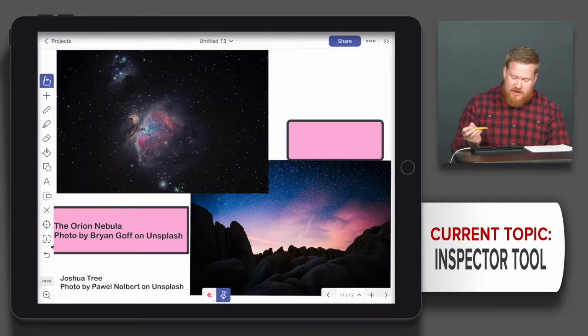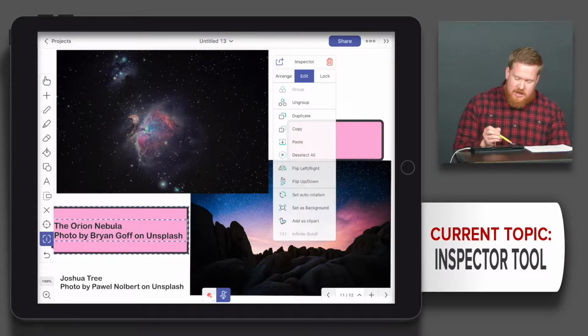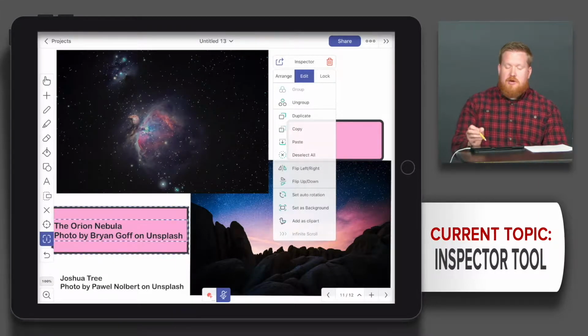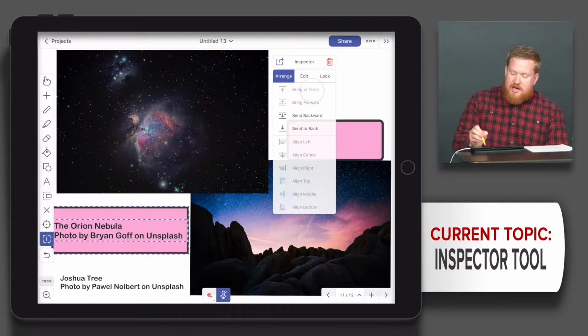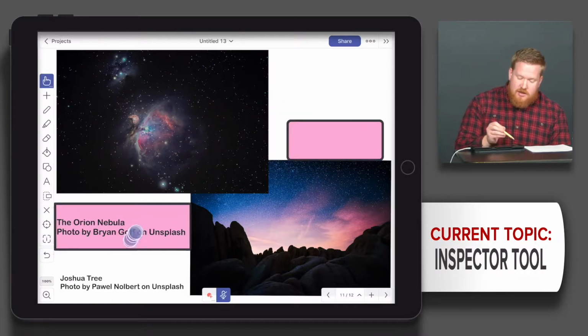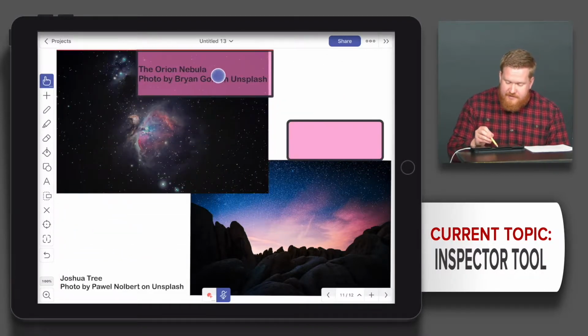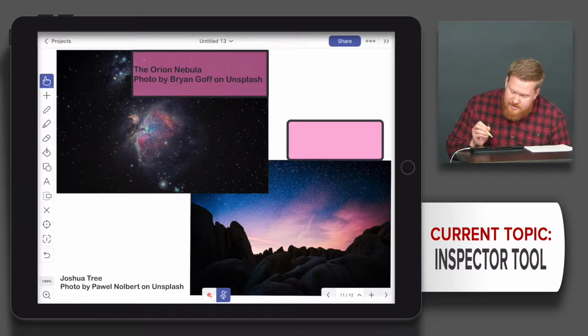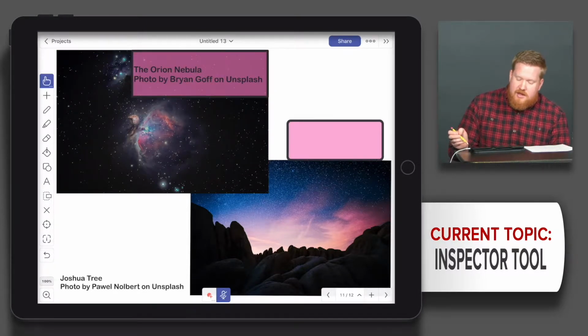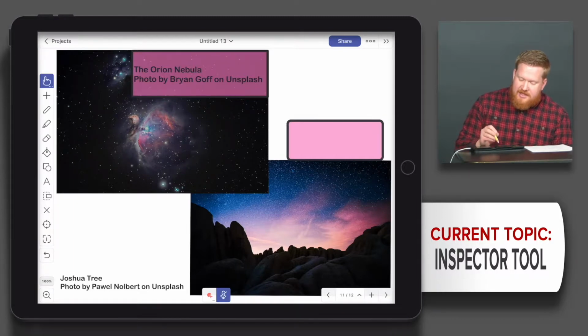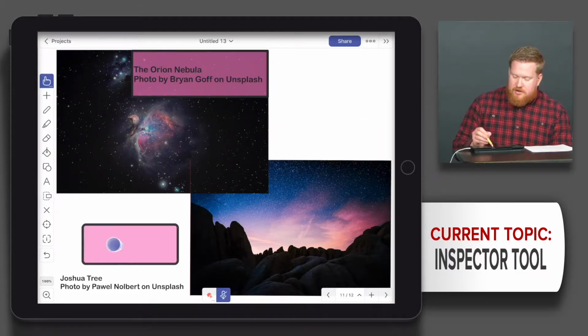And now what I want to do is I want it to be on top. So I'm going to select it, and because they're grouped, they're together, and I'm going to bring it to the front. And now I have something there to help me see what's going on, right? So that I'm able to give credit because of that box I brought to the front. All right, so if I group things